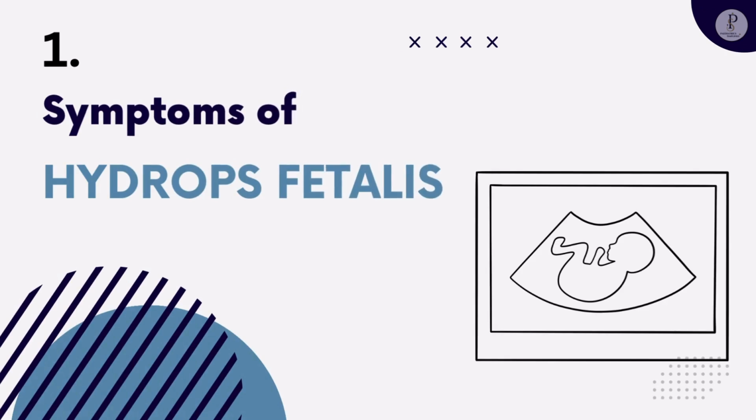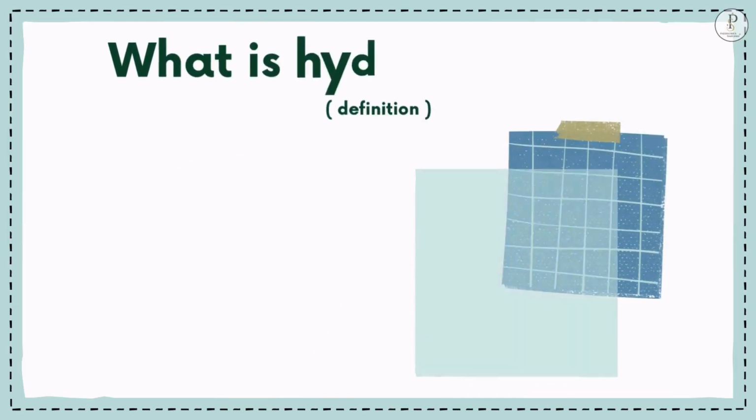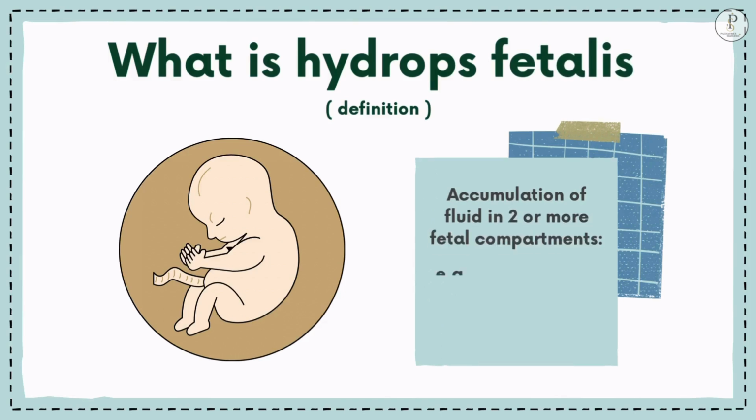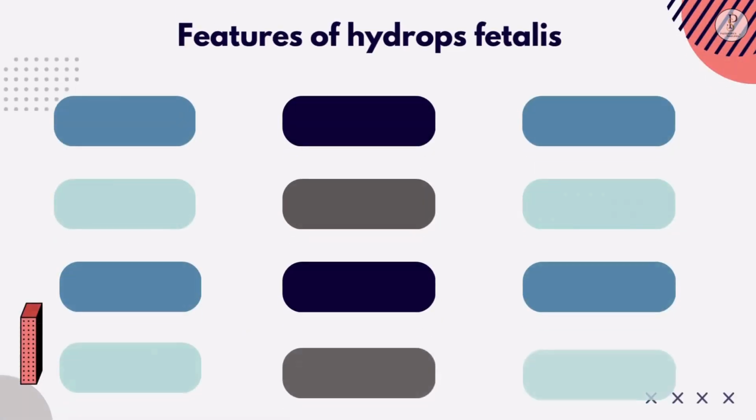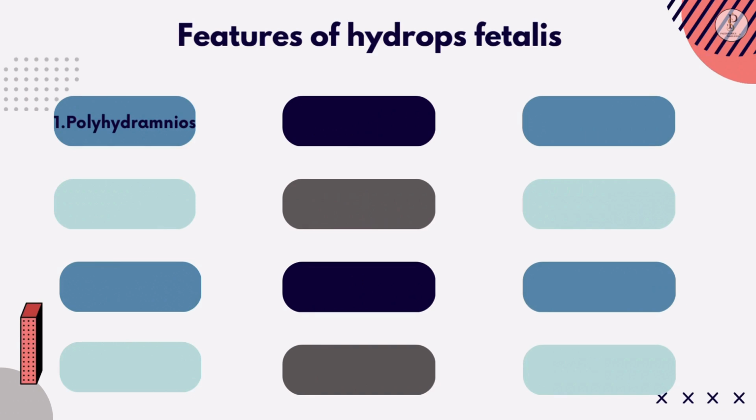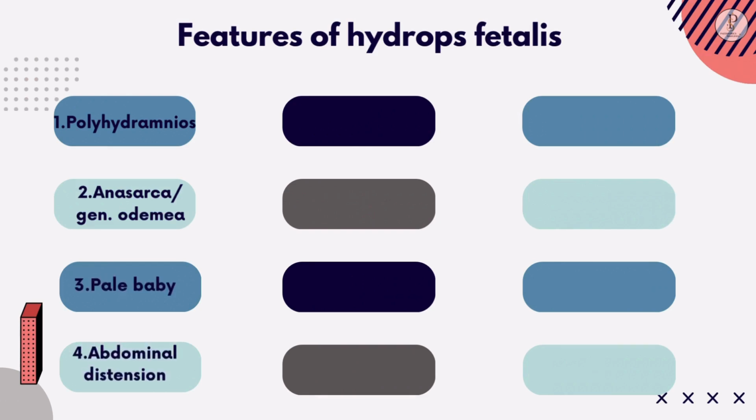Symptoms of hydrops. What is hydrops fetalis? Accumulation of fluid in 2 or more fetal compartments, for example ascites, pleural effusion, pericardial effusion, skin edema, etc. Here are features of hydrops fetalis: polyhydramnios or increasing amniotic fluid, generalized swelling or anasarca due to hypoalbuminemia, heart failure, etc. Pale baby because of anemia, abdominal distension resulting from ascites, respiratory distress due to pleural and pericardial effusion, heart failure and enlarged fetal heart,